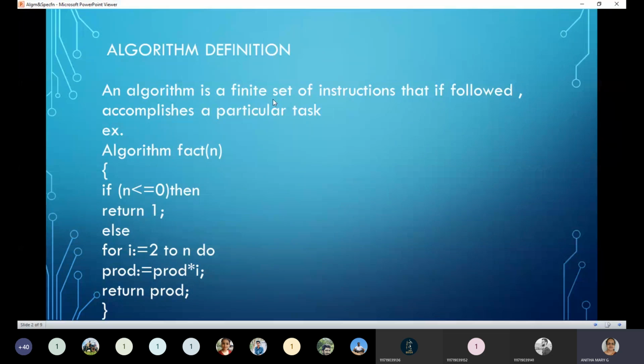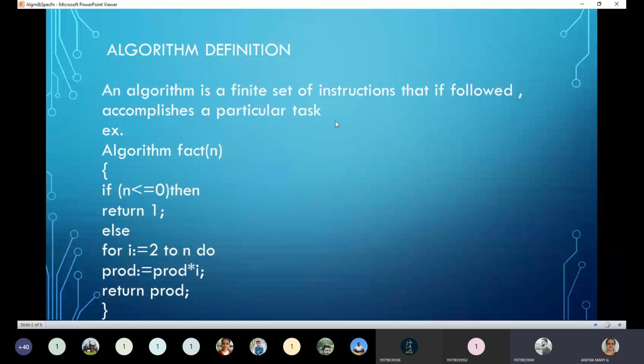Days together, never-ending problem, no teacher will ask a student to do. So similarly, here also we should take up some problem, and that problem's solution should be in a fixed number of lines, maybe thousands, 1 lakh. That fixed number of lines should be clearly given in the algorithm. So a finite set of instructions has to be followed. For what are we following a finite set of instructions? Finite means countable number of instructions to accomplish a particular task or to do a particular problem. So hope all of you understood the definition of an algorithm.